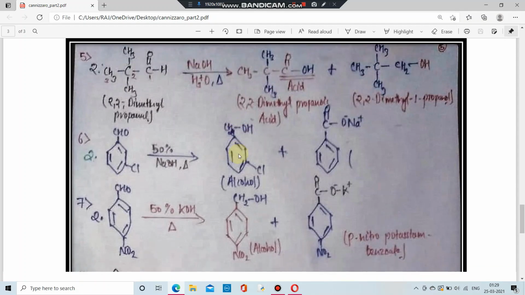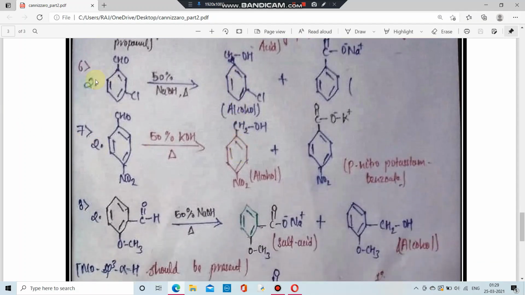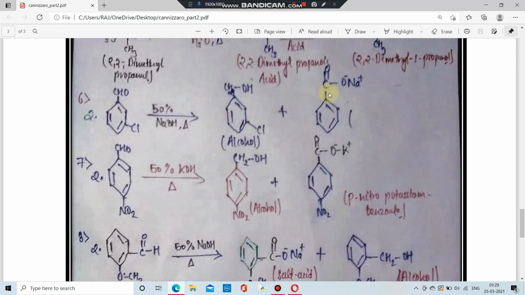Now we have taken some more examples. Benzene derivative, so it's a chlorine derivative of benzaldehyde. So in the presence of 50% NaOH or KOH, what are we going to get? We are going to get two products. Look, this benzene with this substituent chlorine is going to be the same in products, but what is going to change, this aldehyde part is going to change, one as a primary alcohol, another as a salt or acid salt. So we have got one substituent with primary alcohol, another is a salt substituent. Look, I have not written Cl here, so just remember there should be a Cl at this meta position.